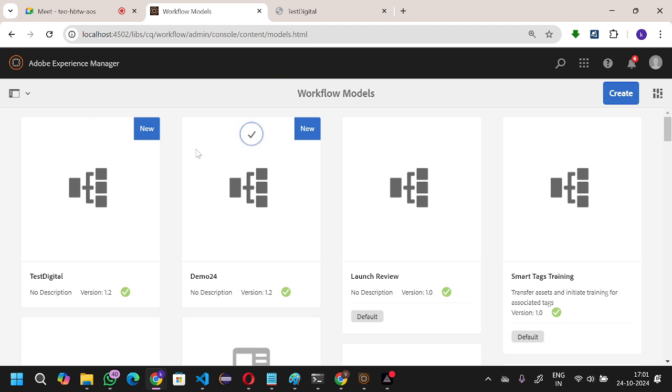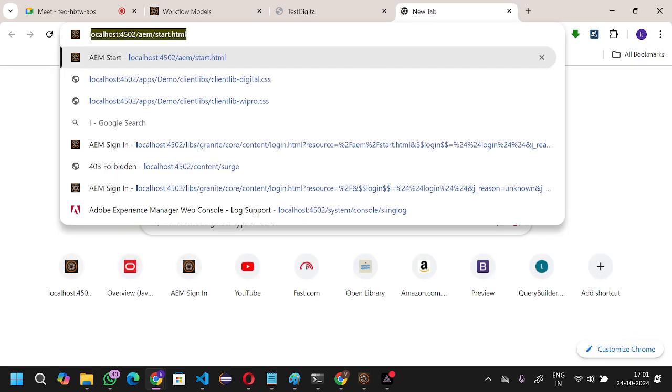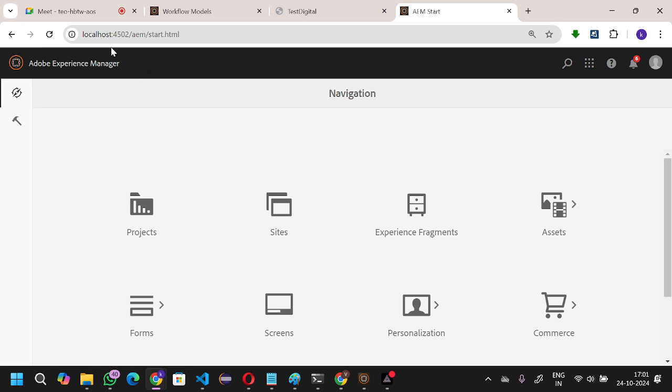Now, what you will do? For tracking the progress of it, you can create your own log. For that purpose, you can open your aimstore.html and go to page